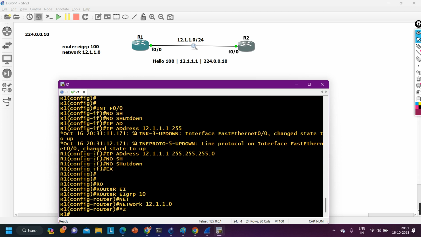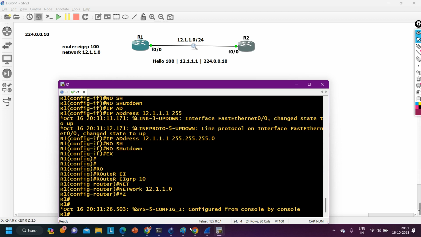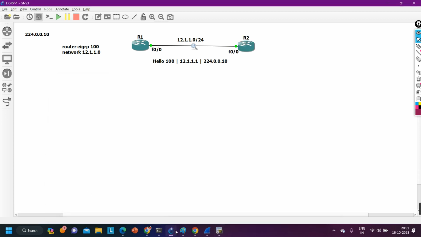This command will enable EIGRP on fast ethernet 0/0, and once I have run this command on the router, you can